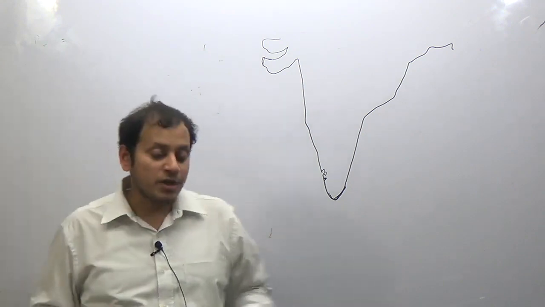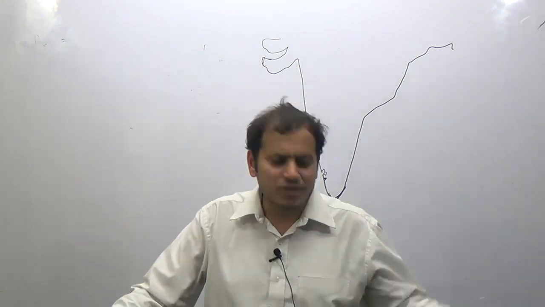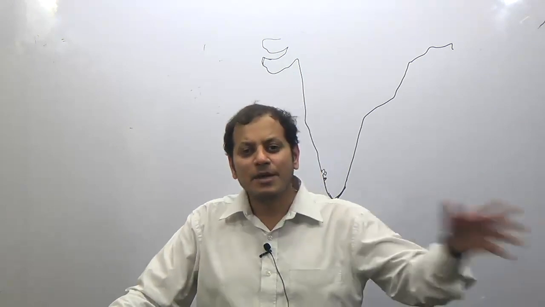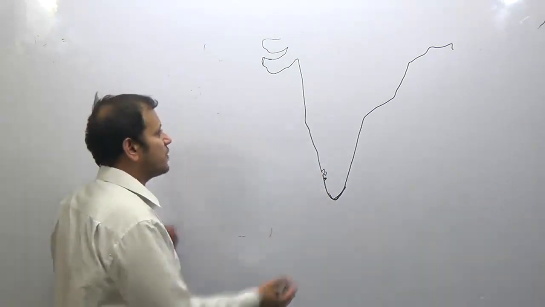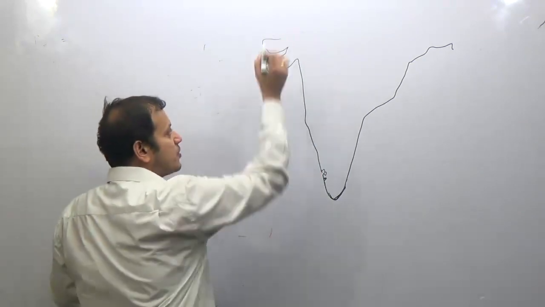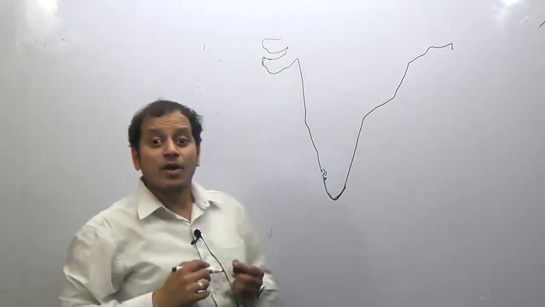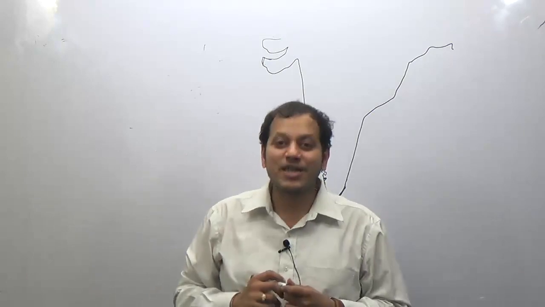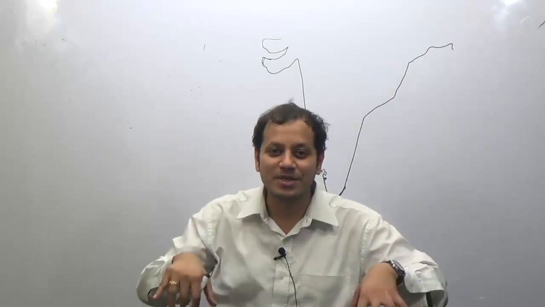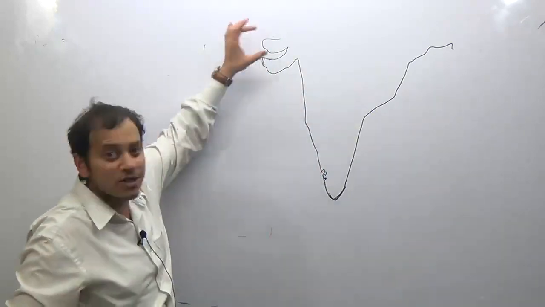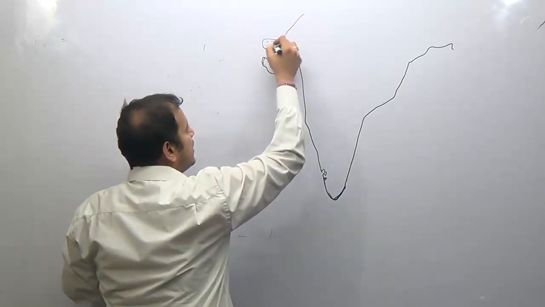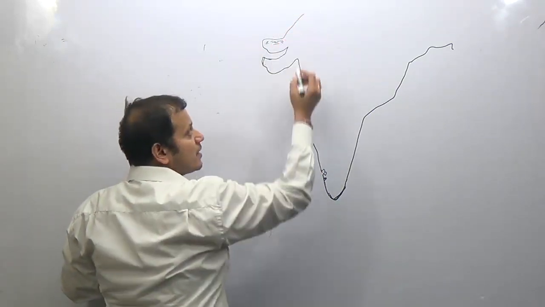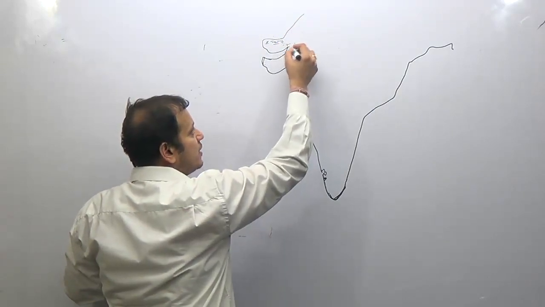Welcome back, friends, to continue the next topic, that is the remaining part of the coastal plains of India. What we studied in the last lecture? In the last lecture, we studied about the Kutch Peninsula and the Kathiawar Peninsula. What about the Kutch Peninsula? Kutch Peninsula is submerged or immersed? Kutch Peninsula is an immersed coastline, and therefore this is an area where we have marshy land, which is known as the Great Rann, or the Little Rann.